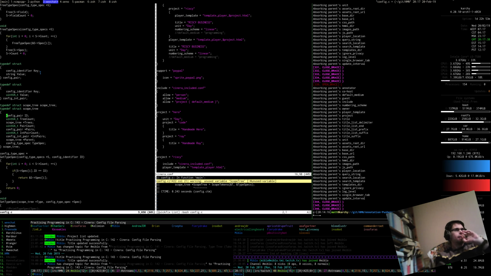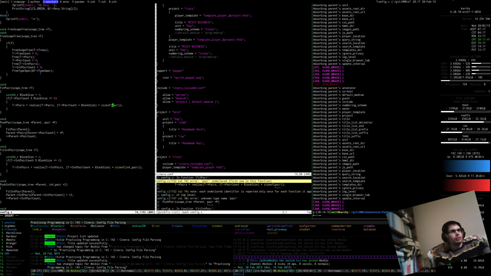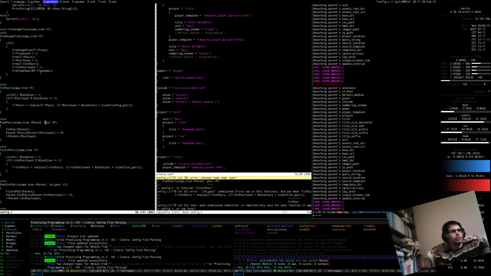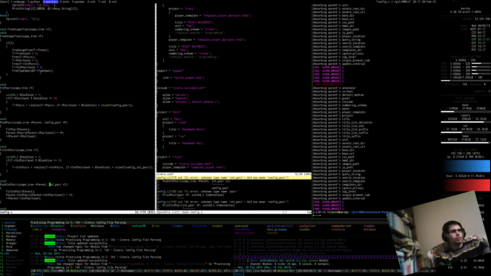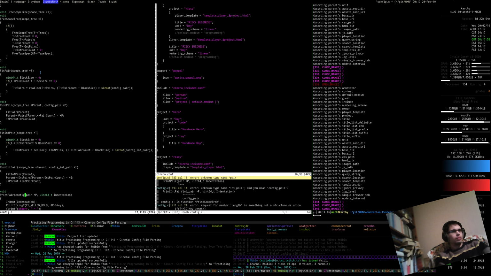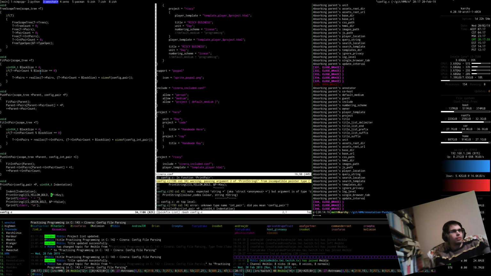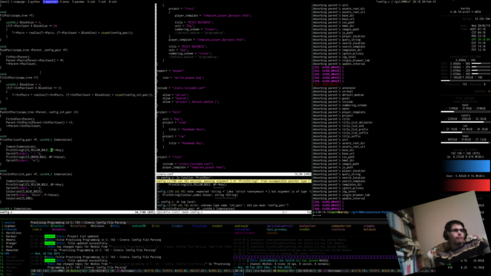Yeah, that's fine. Config pair ID, config pairs, int pairs, script tree. I think that's fine. Let's just change this. So size of a config pair. So yeah, this key, we need to be able to print the